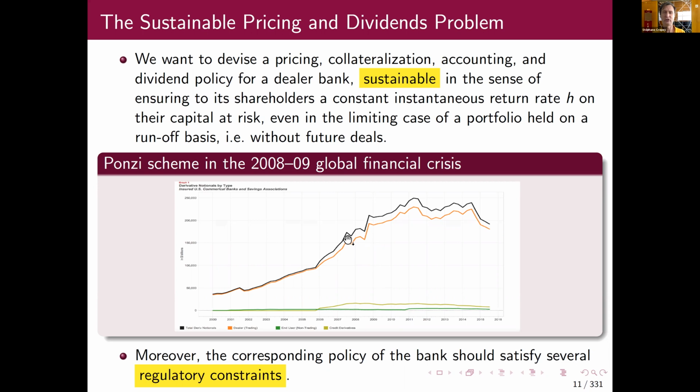And one interpretation for this increase is that banks were led into a spiral because of a profit release policy, where banks were distributing profits immediately. If you distribute immediately the profit on a swap, on day one where the swap is issued, it means you have no more resources to remunerate your shareholder for the risk on this swap during the 30 years that the swap is living. No other resource other than issuing new products,